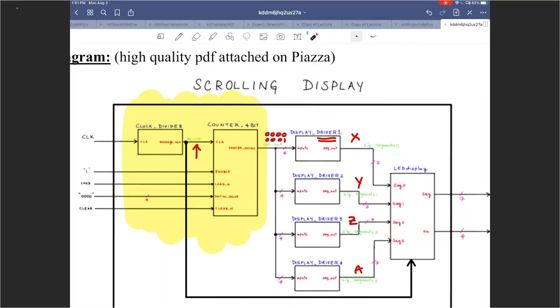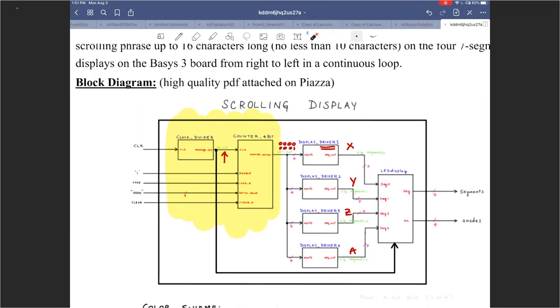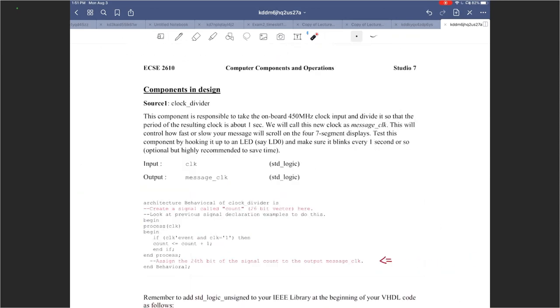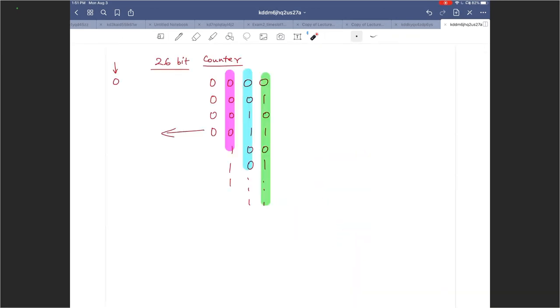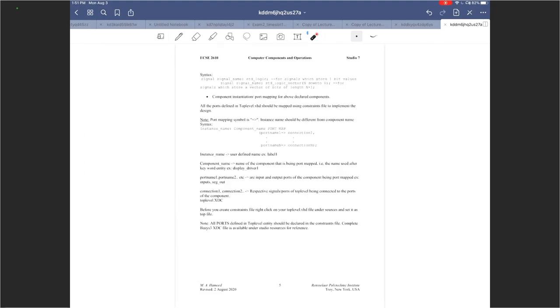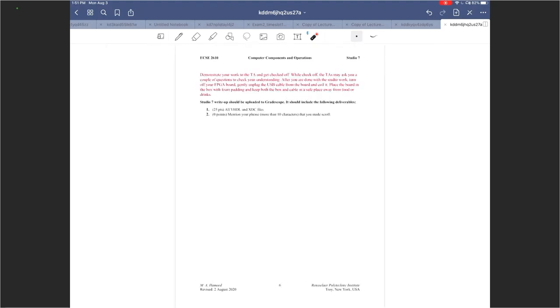And then display driver and LED display can be tested all at once. All right, so that's what you have over here. That's essentially your lab. And in terms of deliverables, you have all the VHDL code and the XDC file to be submitted on Gradescope. That's due next Monday. And in your write-up, make sure that you mention the phrase that you used, more than